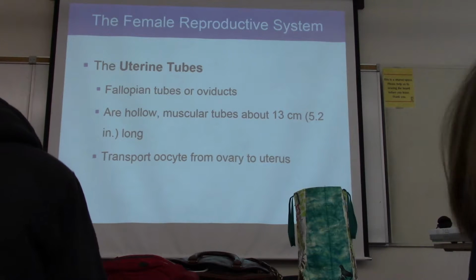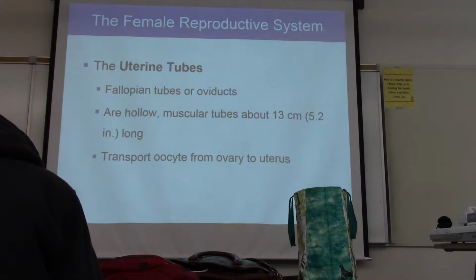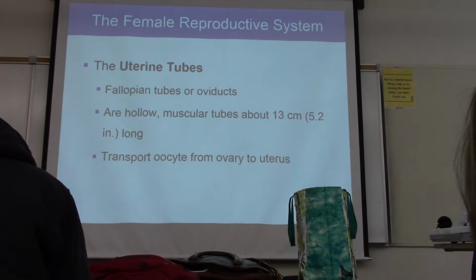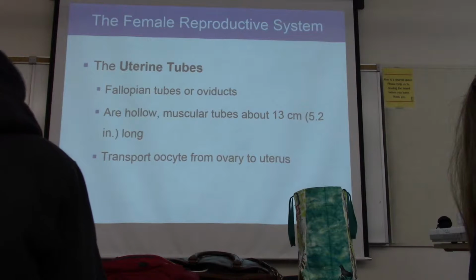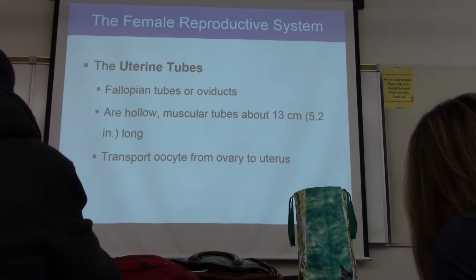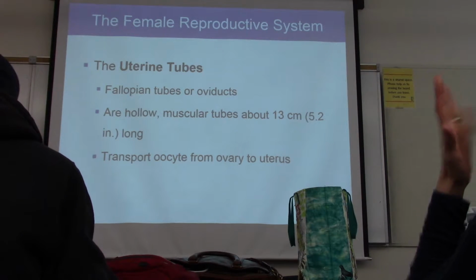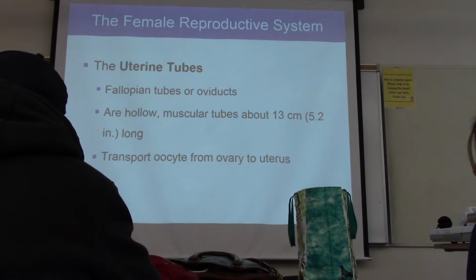They're hollow. But they have all these ingrowths, which you saw in that movie the other day, and the inside lining of the oviduct is very delicate, and that's why so many ladies, if they ever have an STD, oftentimes the inner lining of their oviduct will get scarred, so the eggs can no longer make it down through the oviduct, and that makes them sterile. And that's why we have the whole business of